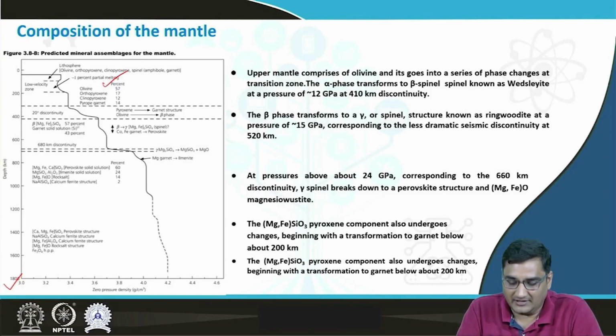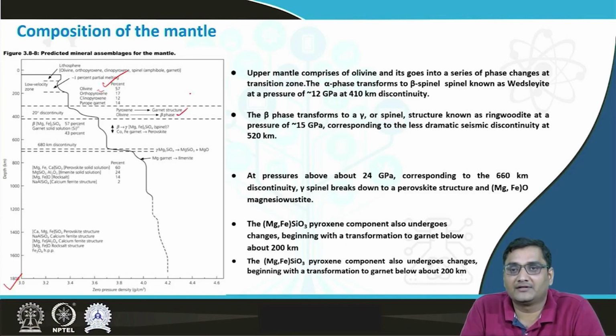The alpha phase olivine here will change to beta phase, which has the beta spinel structure and is also called wadsleyite, at a pressure of around 12 gigapascal, and this phase change happens at around the 410 kilometer discontinuity. Then this beta phase transforms to gamma phase,